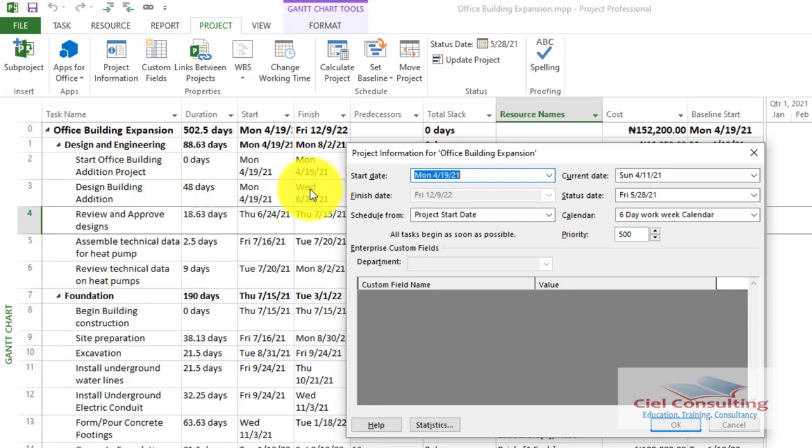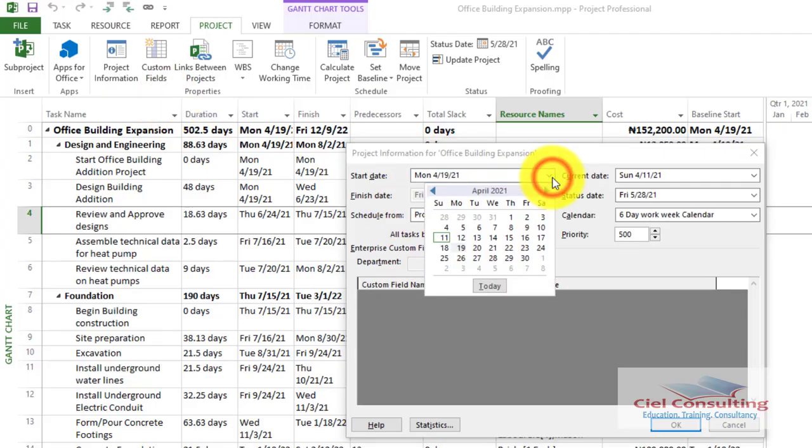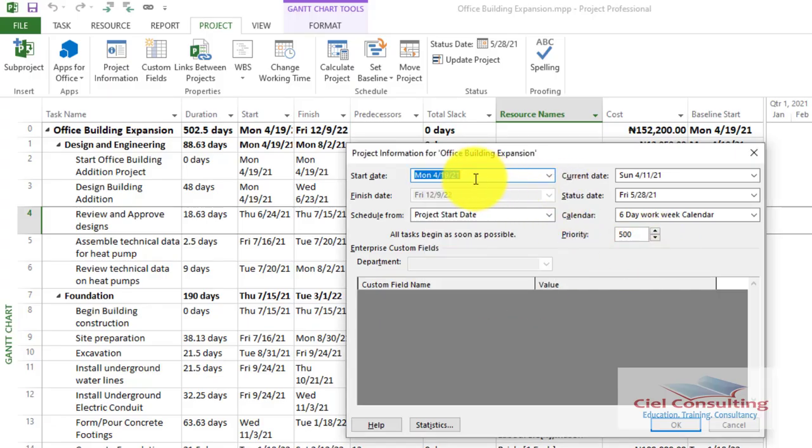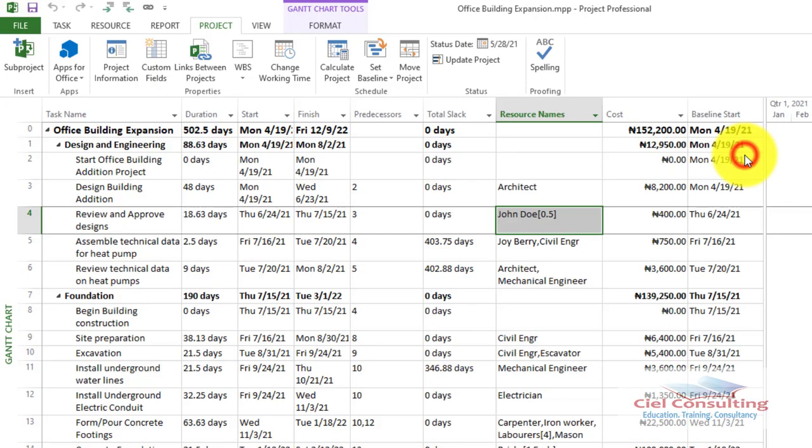So the Friday of the week of 19th of April. So this is 19th of April. The Friday is 23rd of April. Okay, good. So we want to now state that today's date is 28th of April, and we